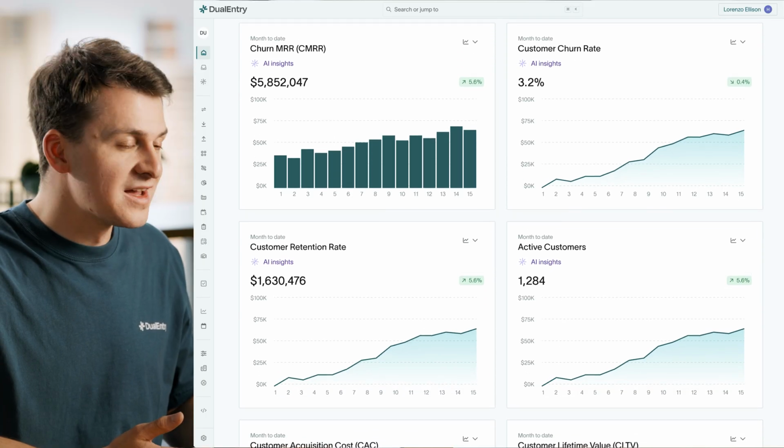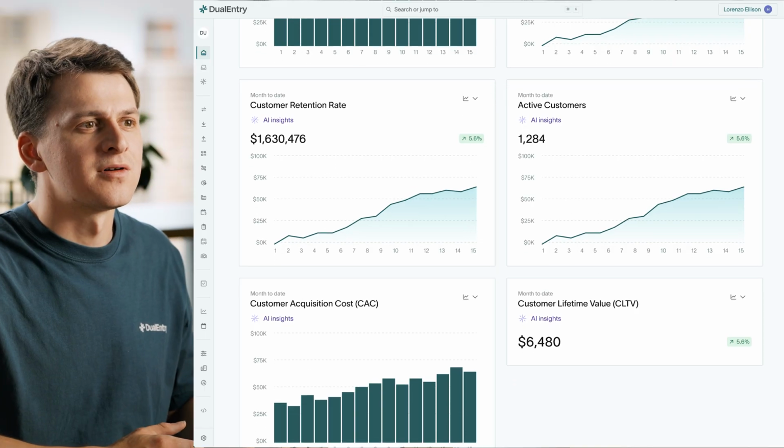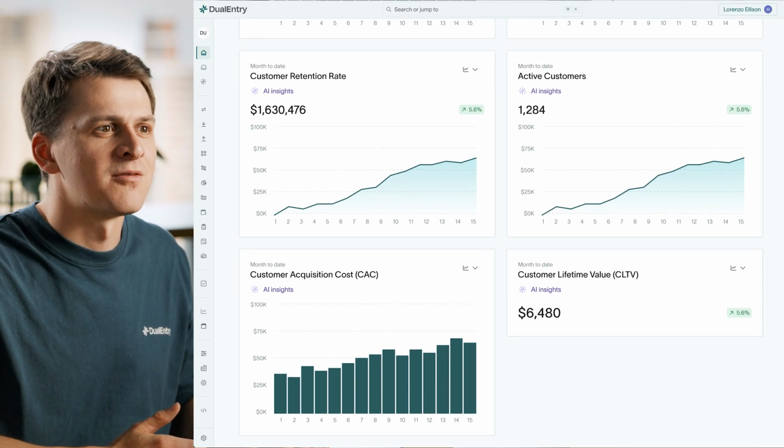And if you prefer, every step can be driven by the API, giving you programmatic control over contracts, schedules, and recognition. With DualEntry Advanced Revenue Recognition, companies and accounting teams can finally manage even more advanced and complex revenue scenarios all in one system. At DualEntry, we've built the modern AI-native ERP platform, designed to save finance teams more and